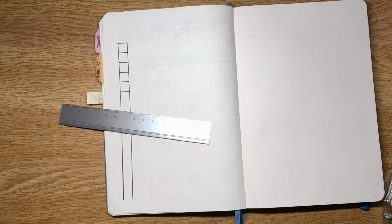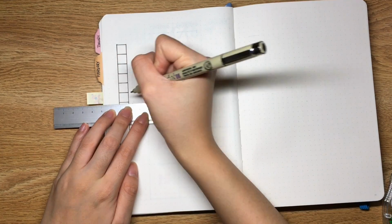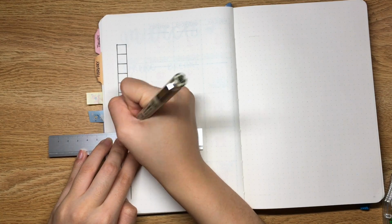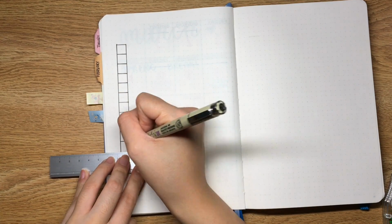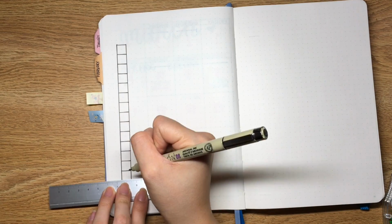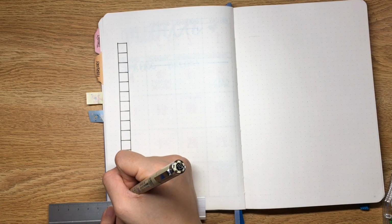Next up is my favorite spread of the month, my daily review spread. Sorry, my camera cut out a few times when I was filming this, so you'll see that again. But basically, I took this idea from Planning with Kay. I love her, by the way. You should go check out her videos and her Instagram. I basically just copied what she does, and it's like a 2-line a